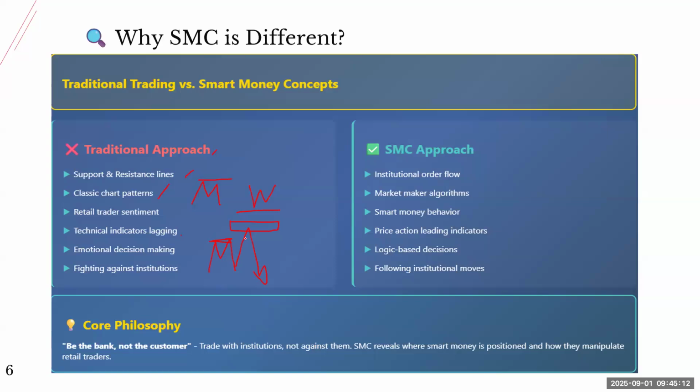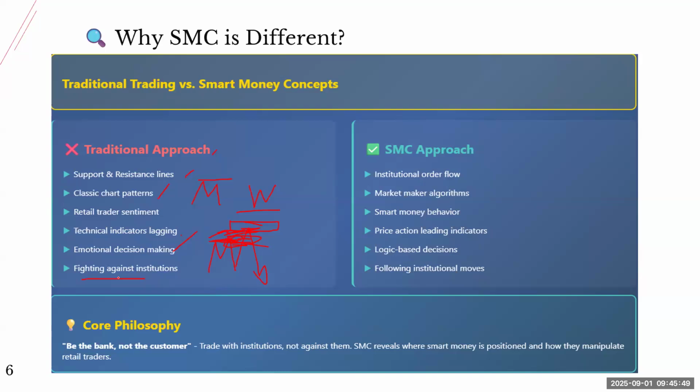Okay, for example, whenever you sell here, let's say you don't know about the SMC, and then price keeps rising. Based on your feeling, you feel that price is going to reverse from this level, so you keep selling until your account is gone, or you get stopped out. After that you feel so angry, you just want to do revenge trading, and you just don't care. You forget everything, your setup. You just think, okay, I want to get back what I just lost. And then you lose everything.